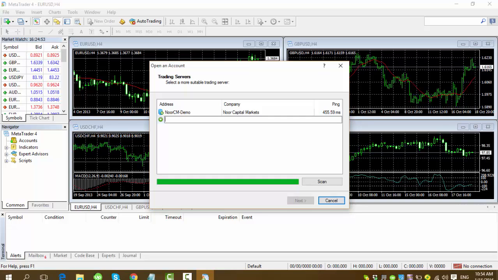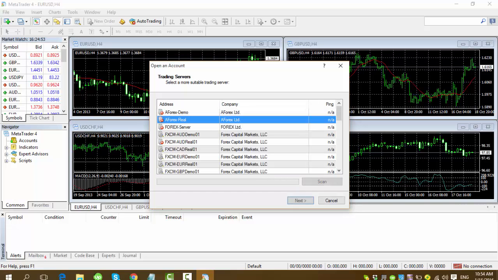So before we can go ahead and set up everything, we have to look for our server. Your server should be ForexUSD Demo 01. But to do that, you have to search for Forex, hit scan. It will show you all the list of available servers on the MetaTrader 4. So again, look for FXCM USD Demo 01. When you find it, you click on it and hit next. Okay,